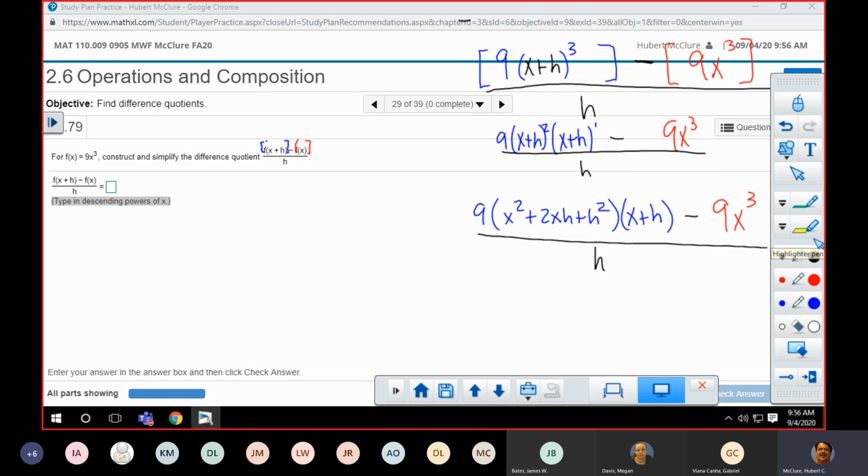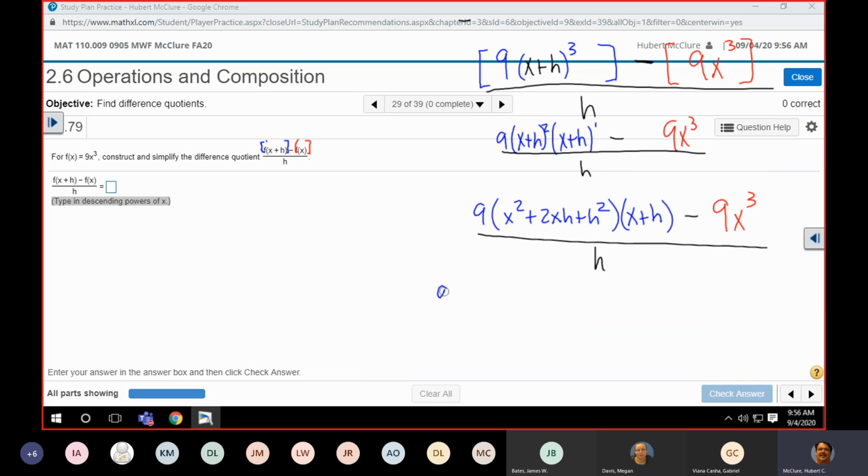And now go back to blue. And that's going to be 9, and I'm going to distribute that x. That's going to be x cubed plus 2x squared h plus xh squared. Now I'm going to distribute the h: plus x squared h plus 2xh squared plus h to the third, minus